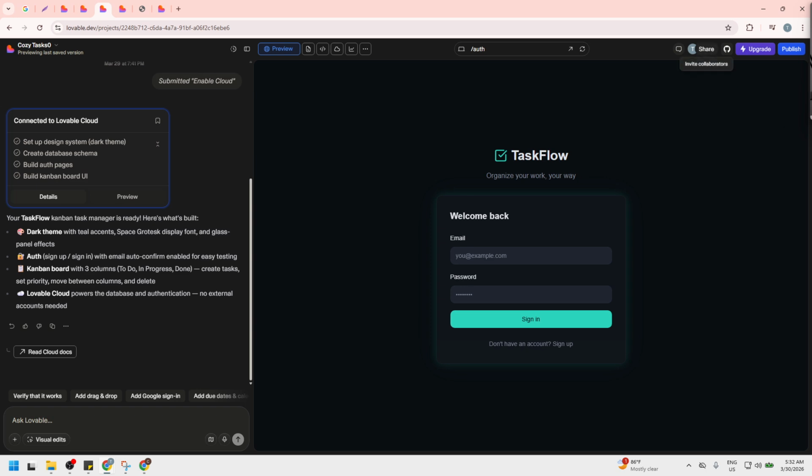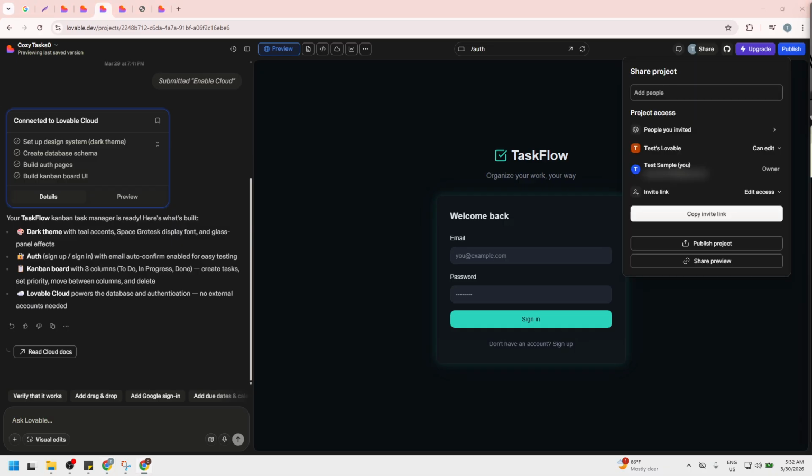This is where access is controlled. You'll see a toggle for an invite link. Turn that on if it isn't already. Below the toggle, set the level of access you want to grant.